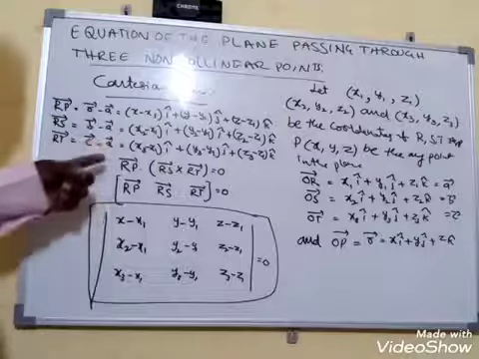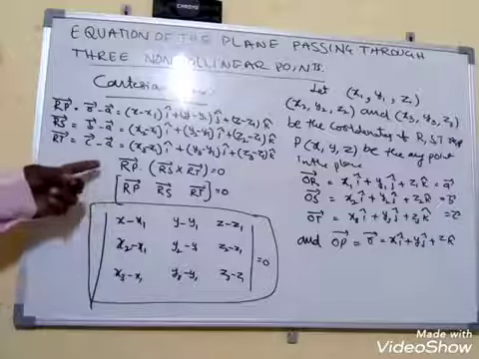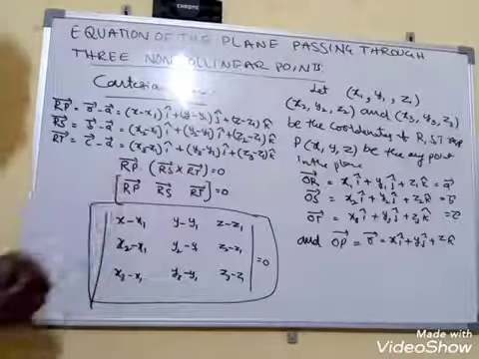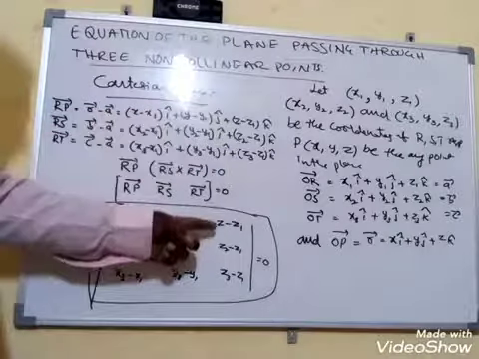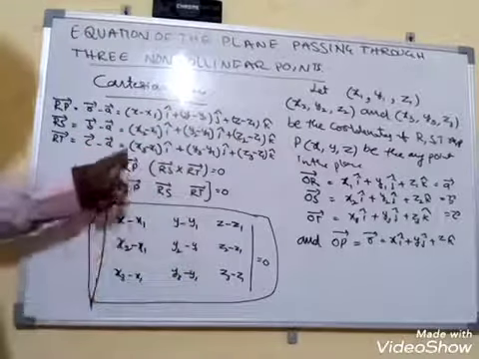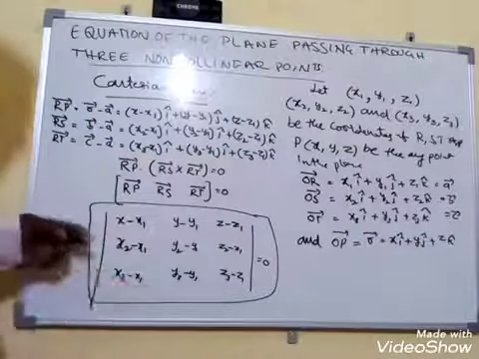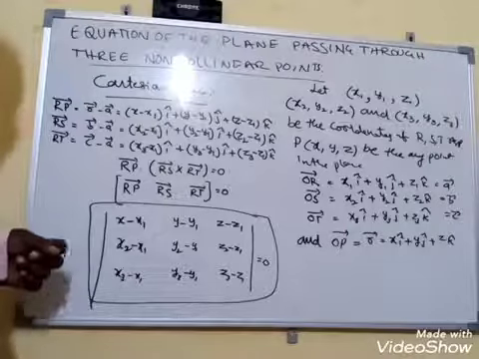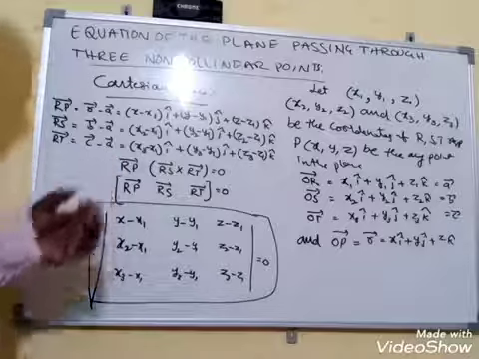Now the concept of the scalar triple product, from the vectors chapter. This is nothing but the box product of Rp, Rs, Rt equal to 0. The box product is nothing but a determinant. Therefore, the coefficients: x minus x1, y minus y1, z minus z1; x2 minus x1, y2 minus y1, z2 minus z1; and x3 minus x1, y3 minus y1, z3 minus z1, equal to 0. If you expand this determinant, you are going to get the Cartesian equation of the plane passing through 3 non-collinear points.